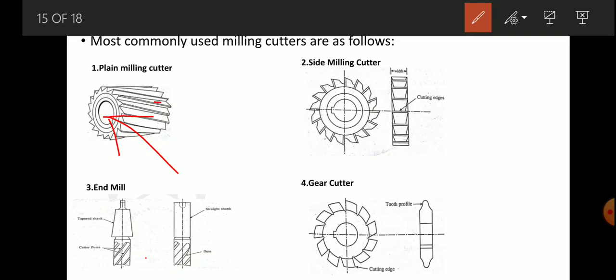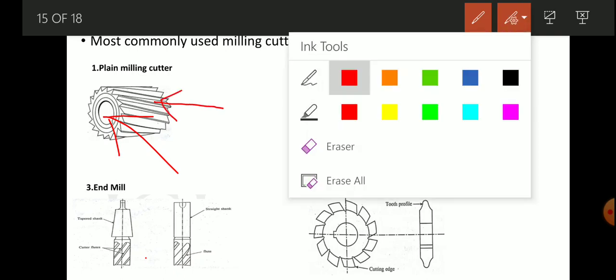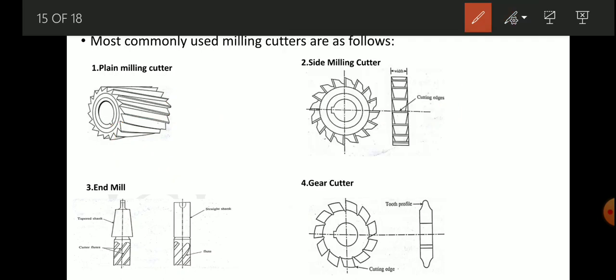Here we can see teeth which are helical in shape, or sometimes it has plain teeth. These cutters are used for machining flat surfaces of workpiece. They are available in diameter ranging from 16 to 160 mm and width ranging from 20 to 160 mm. So this was about plain milling cutter.